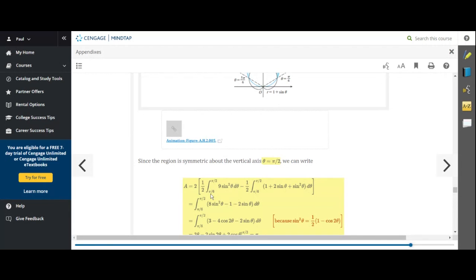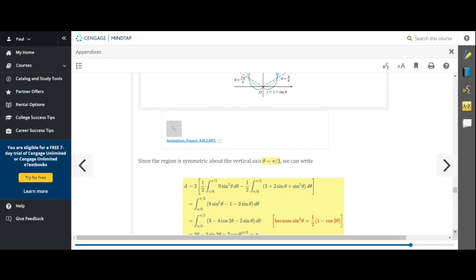The limits now, they go 2 times that dark blue area. Well, that dark blue area would be the difference between 1/2 times the integral from pi over 6 to pi over 2 of 9 sine squared theta d theta, minus 1/2 the integral from pi over 6 to pi over 2 of 1 plus 2 sine theta plus sine squared theta d theta. You see, pi over 2 is usually a nice angle to have in these problems